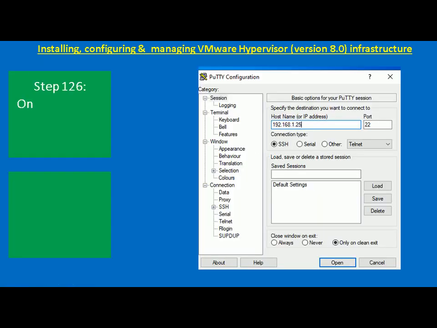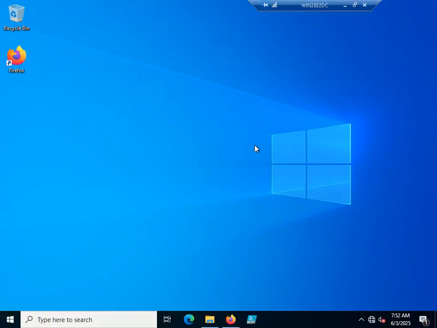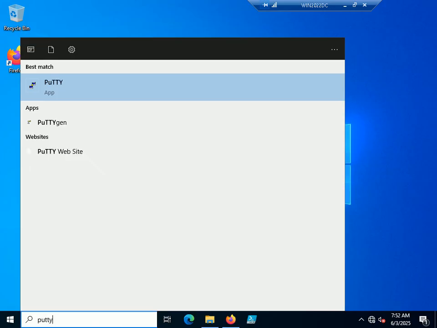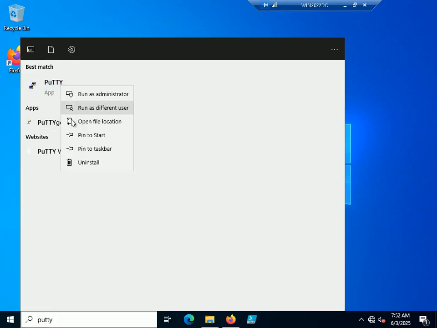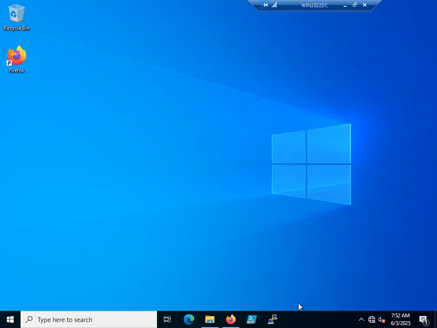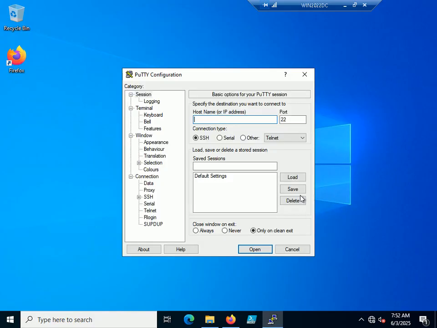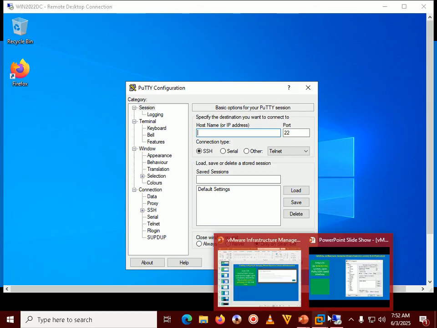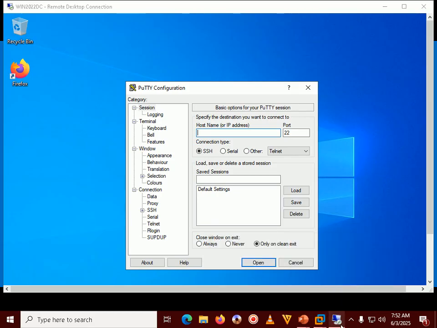So next is on Windows 2022 DC system, open putty or your SSH client interface. So I'll come back here, and this is a putty app. I will just pin it to taskbar and I will open it. Okay, next is